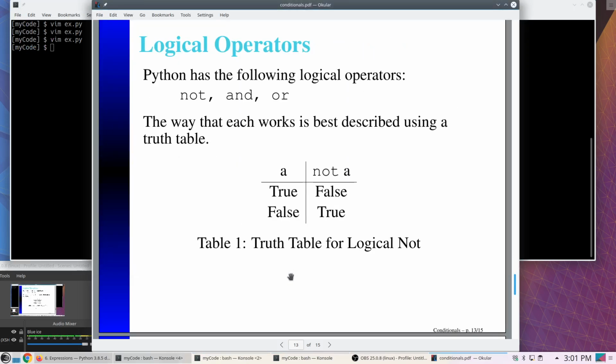There are many times in which we wish to write a more complex expression. And to do that, we typically use these logical operators. So in Python, we have the logical operators not, and, or. And that's what they're always called, actually. In Python, they're literally spelled this way. So if you've ever programmed in C,